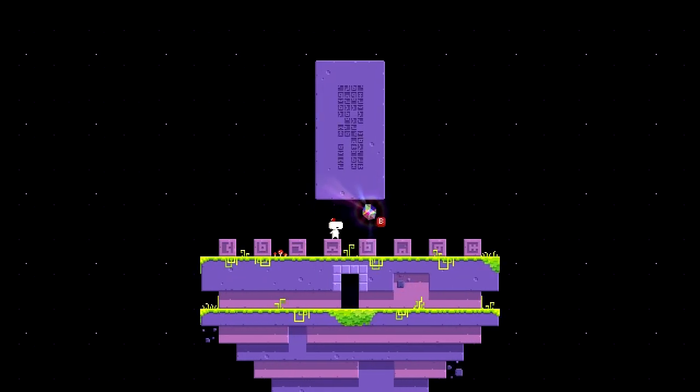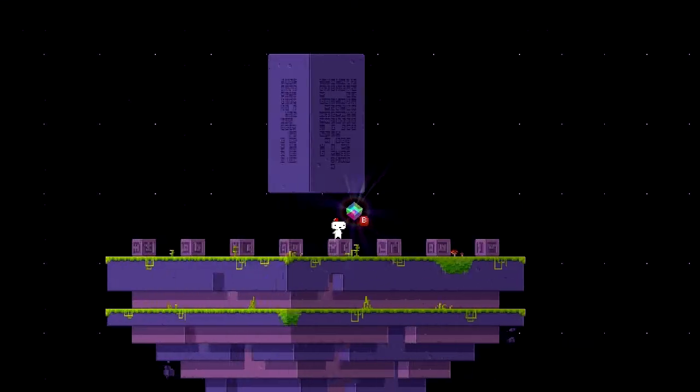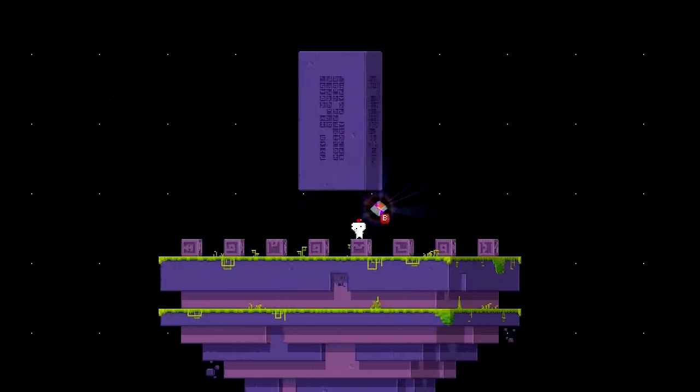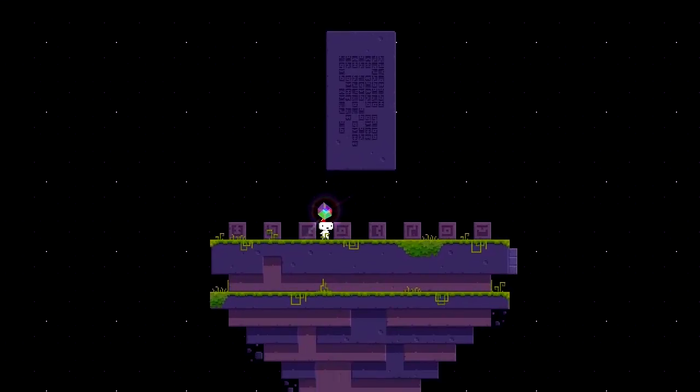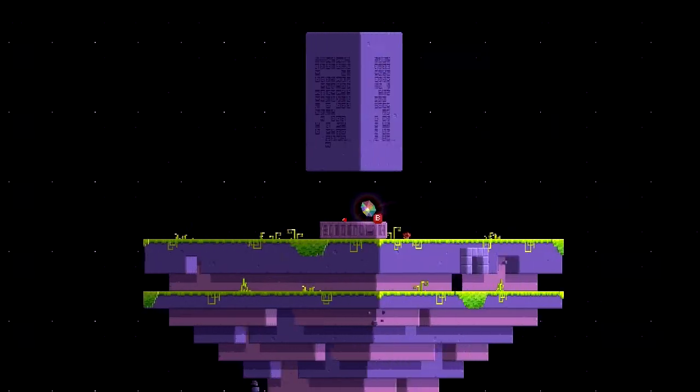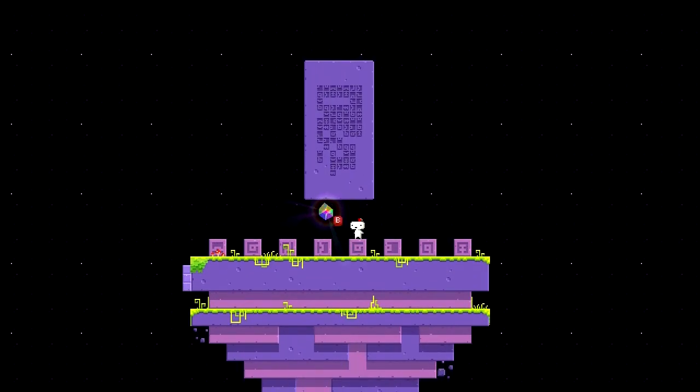Take note that 2 of the sides of this big pillar are identical, and then the other 2 sides are the same. So this is 2 walls of symbols, and then cubes with a bunch of symbols on the ground. And if we talk to Dot, Dot just says,